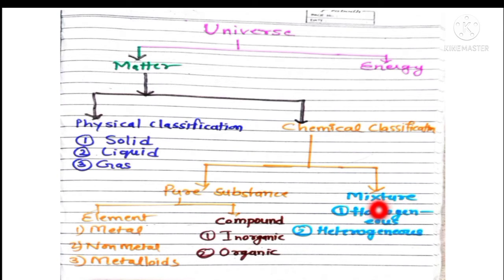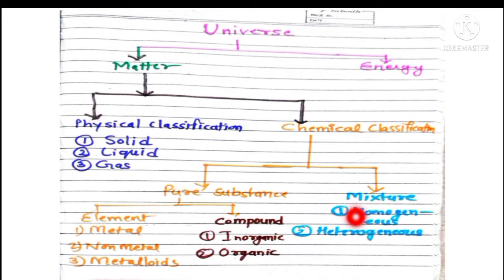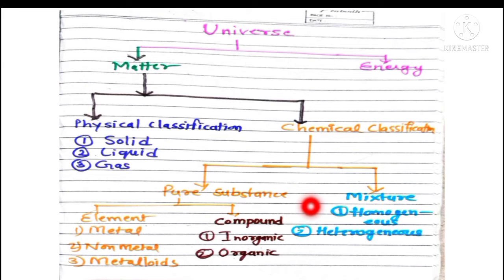And mixtures are again classified into two types: homogeneous mixture and heterogeneous mixture. So what happens in a homogeneous mixture? In a homogeneous mixture, the solute and solvent both are uniformly distributed. It means if we mix two or more compounds or elements or any matter in any proportion, then it may form a homogeneous or heterogeneous mixture. Suppose we are taking water and salt. Water is liquid, salt is solid, and their physical appearance is totally different. But whenever they are mixed together, salt is uniformly distributed all over the water. So that is the example of a homogeneous